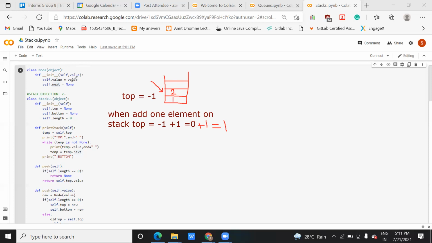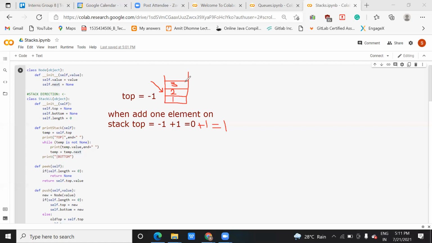Now how can you traverse the elements of a stack, how can you perform push operation, pop operation? Do you know the peep operation? Push and pop, yes, and peep. Push operation and pop operation I have already explained in the previous classes. Peep is for traversing, and peek is to point to the top element.